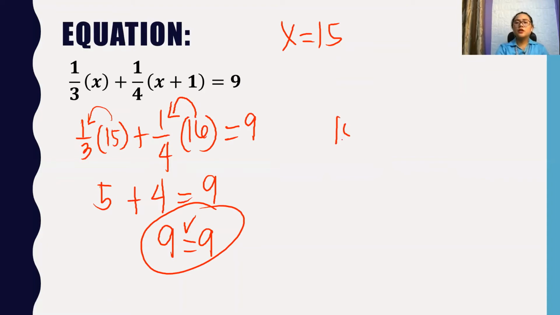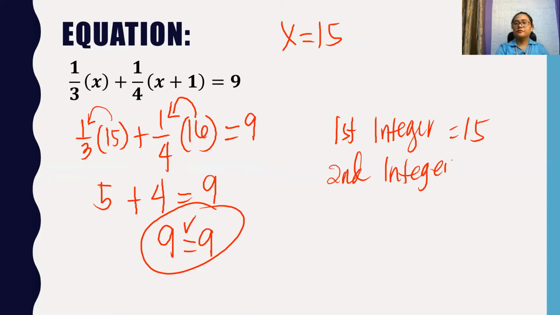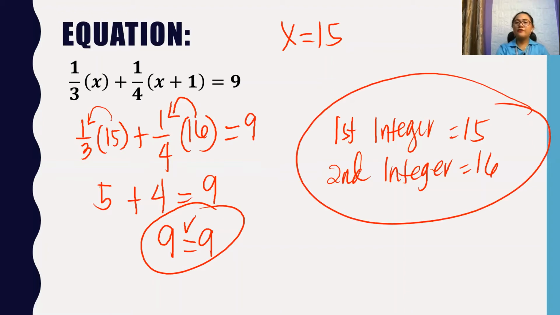First integer 15, then second integer is 16. Okay, you can have your final answer as this. Okay, so I hope it's clear with you. What about this